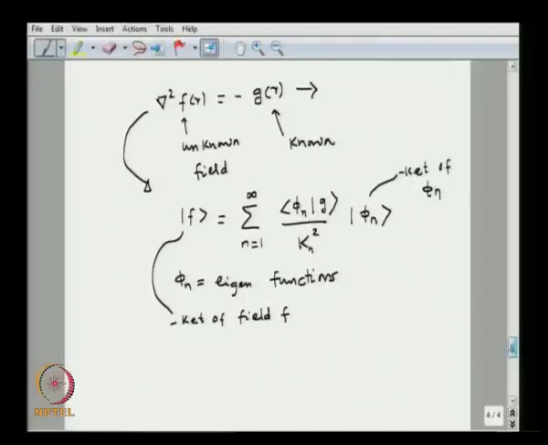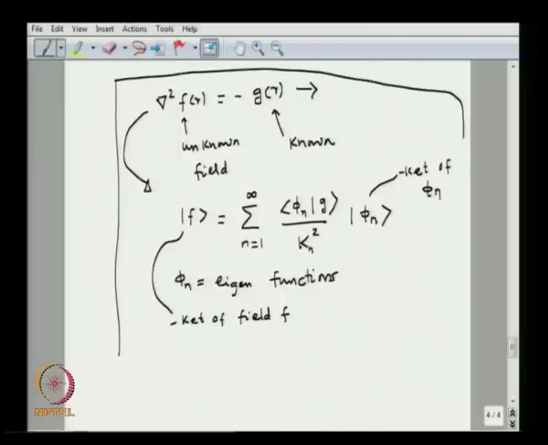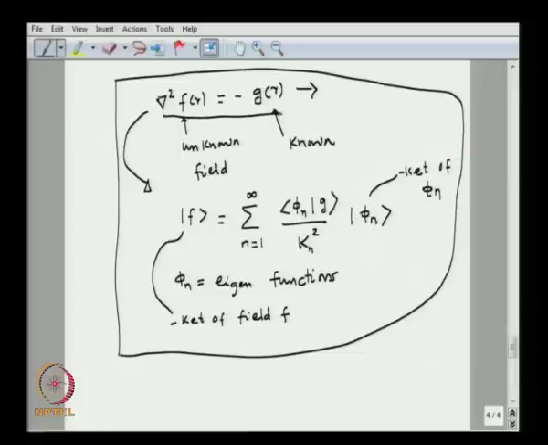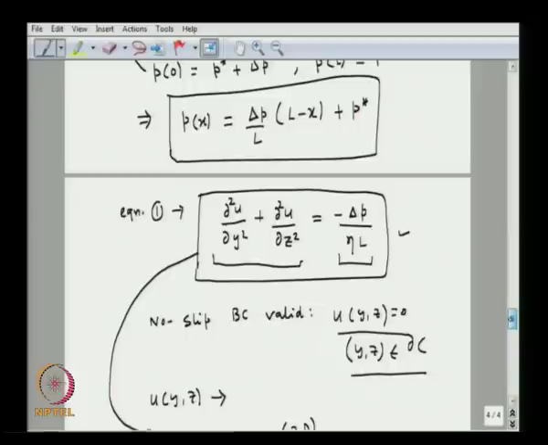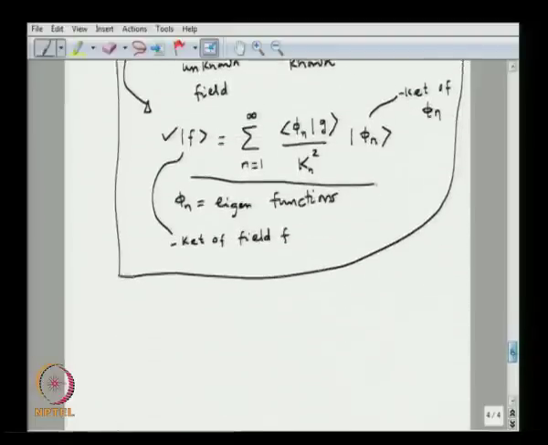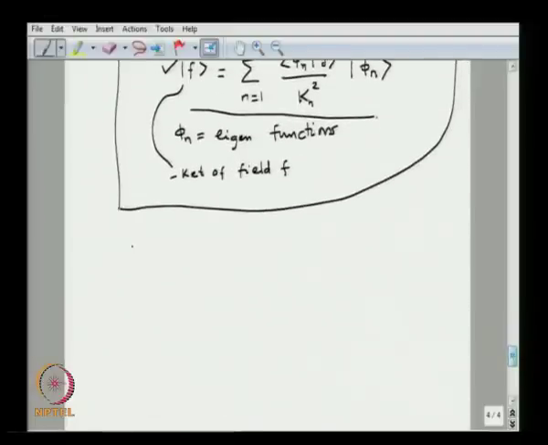Okay. So, that is a standard way how eigen solutions are obtained. If you have an equation in this form, you can write down the solution, the Dirac notation of the unknown field, in this way. So, similarly, if you look at this equation, we will be able to write down the Dirac notation for the velocity field u. Okay. So, we can write the Dirac